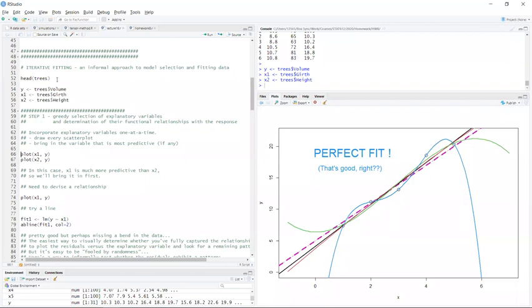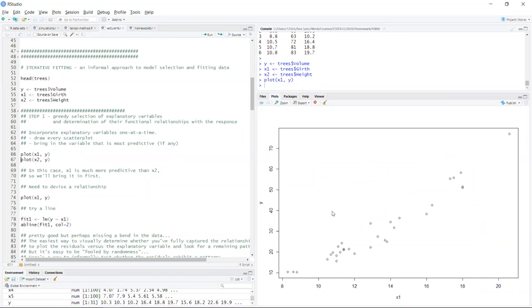So what did we do? We were looking at a data set called trees. We've got volume, girth, and height for every tree that was measured. And we said, okay, if I want to predict volume from girth and height, maybe if you're a logging company and you're trying to decide what trees to chop down, you could measure girth and height of the trees and estimate how much volume of timber you're going to get out of them